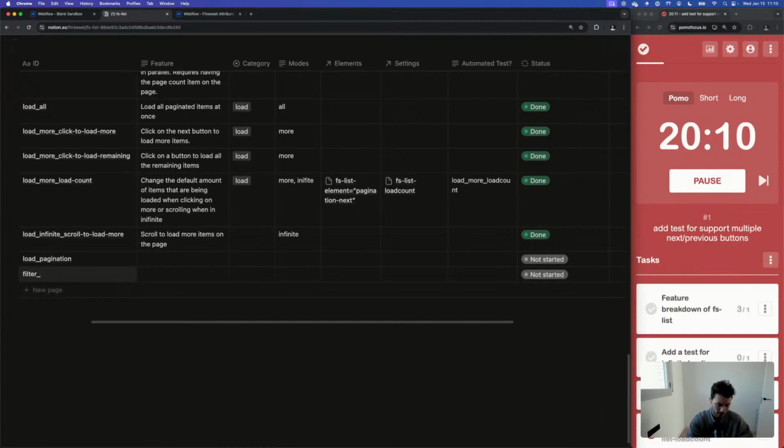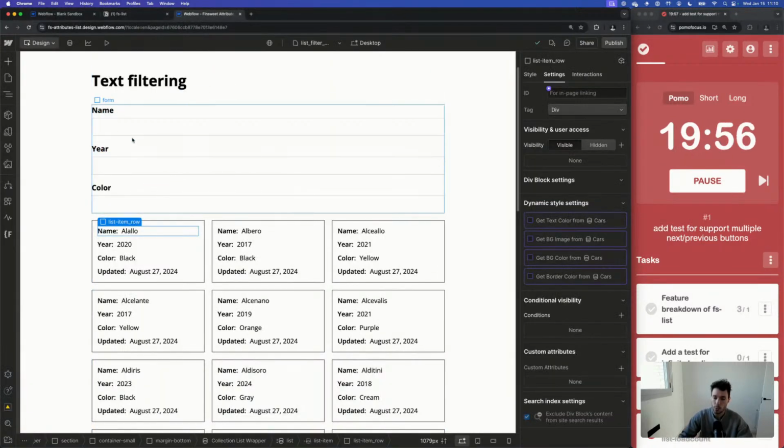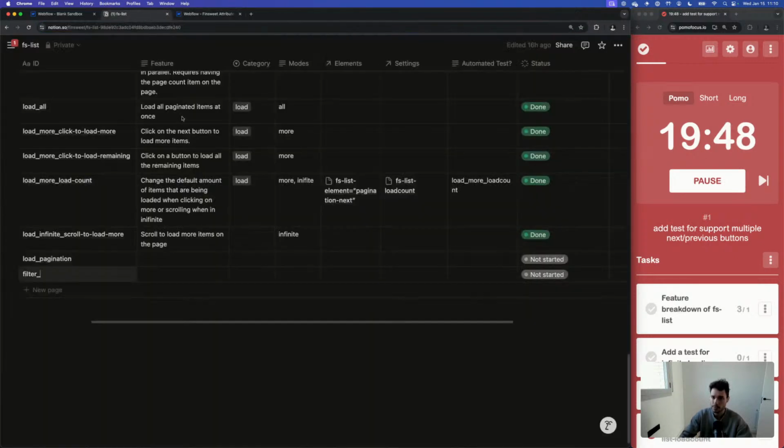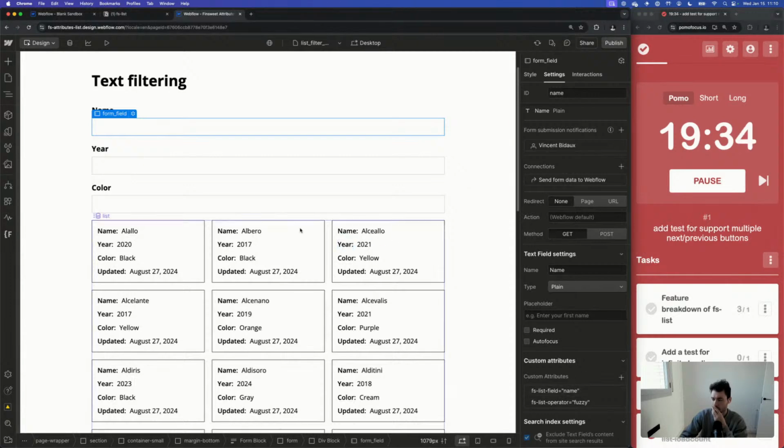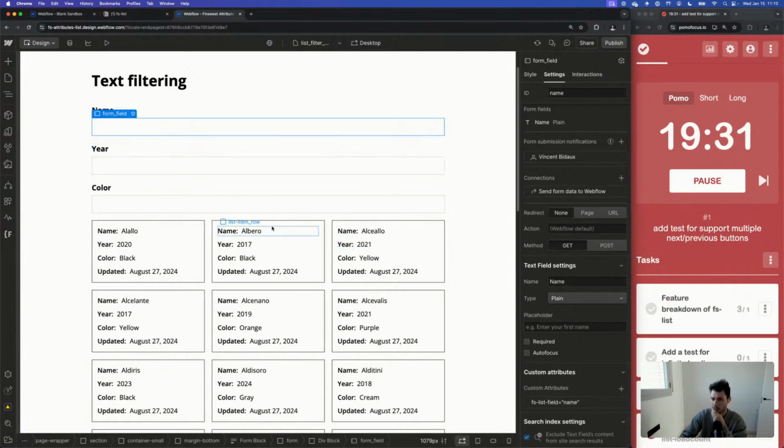There are going to be two filter modes. There's the filter mode of basic and the filter mode of advanced. The basic is the one that you just saw. The advanced is where we can dynamically add more conditions in an Airtable like filtering system. You will see it later. Okay, so filter basic. Let's start with just text search. So I want to keep things simple. Text filtering with a name, but let's not make it fuzzy for now.